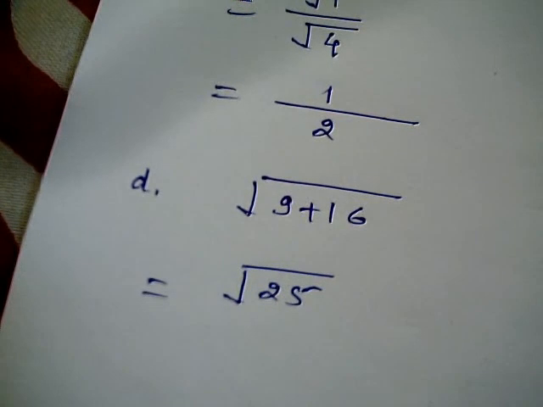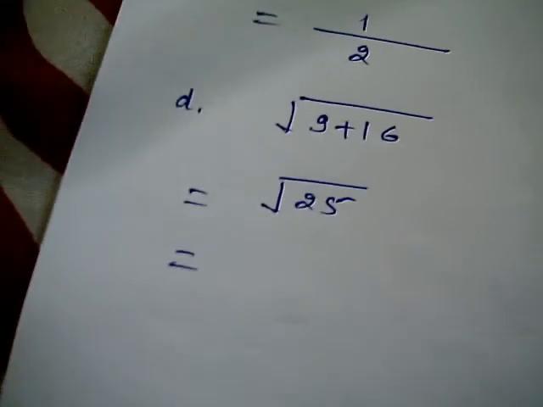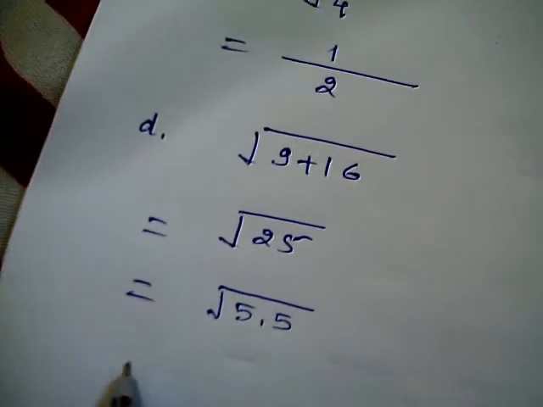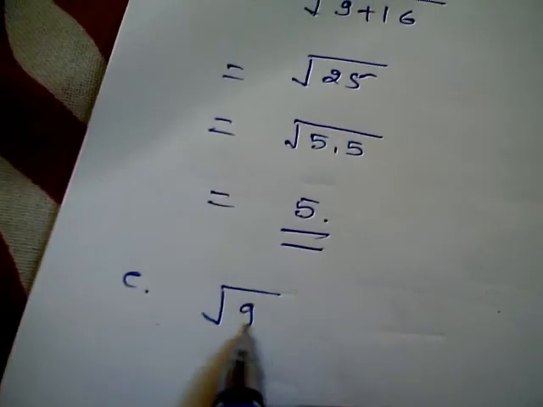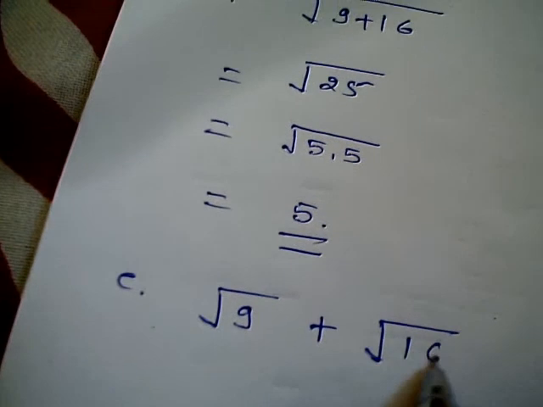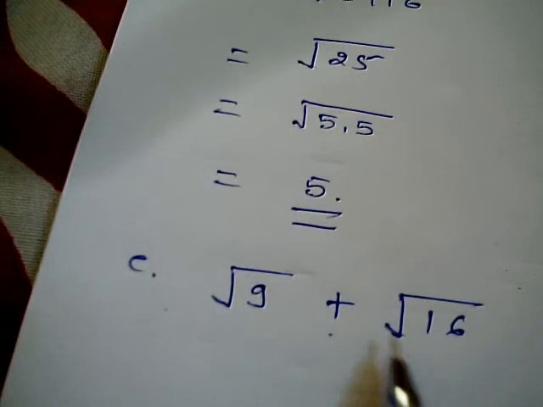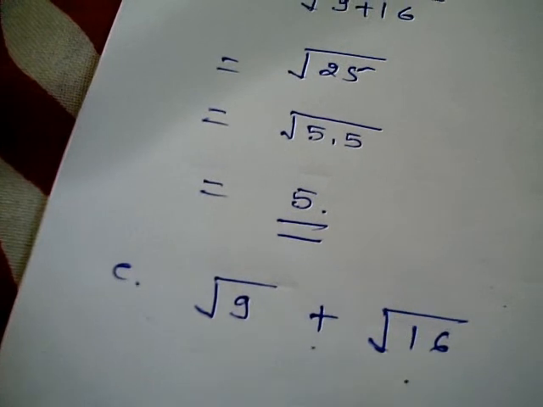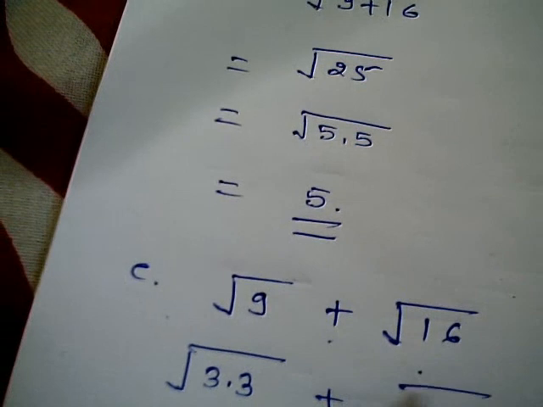Okay, now the E part is square root of 9 plus square root of 16. Here what is happening is that one term inside the square root is going to be added to the square root of another term. So first I need to find the square root of this number and this number, then we need to add. The factors of 9 are 3 times 3, and for this number you can write 4 times 4, or in terms of 2. So one 3 is going to come here. This is also in pair, so one 4 is going to come, and 4 plus 3 is going to be 7. So that's how we have solved it.